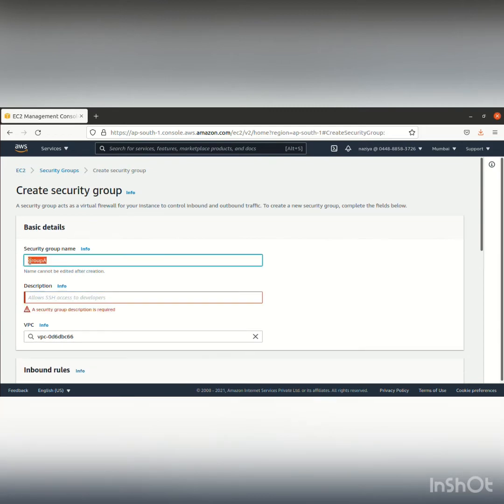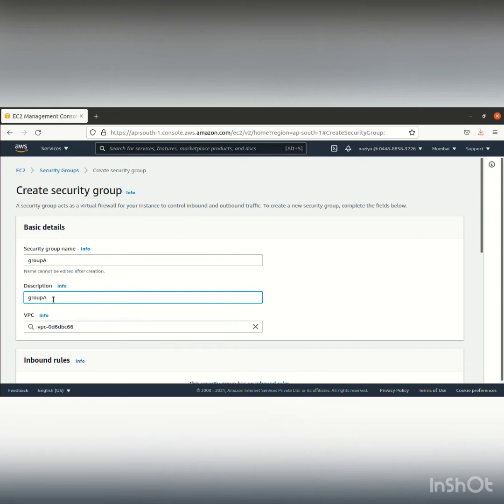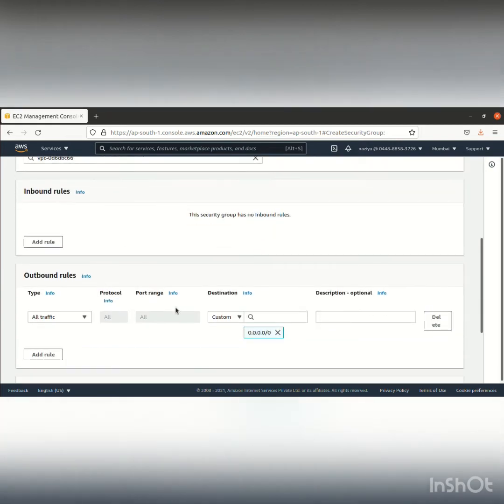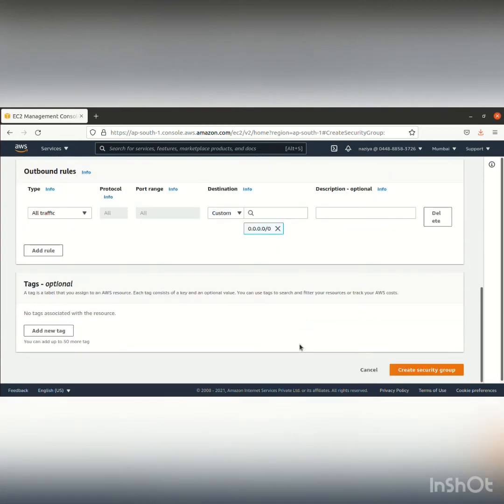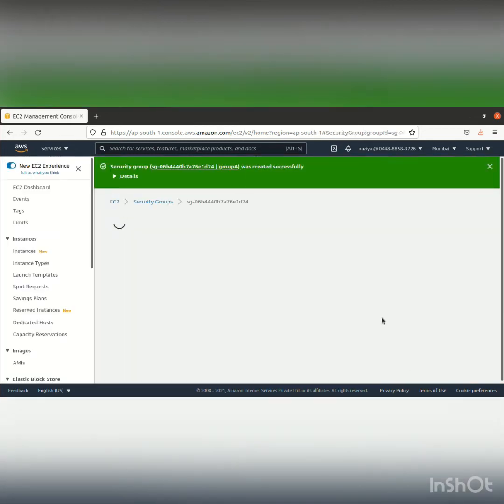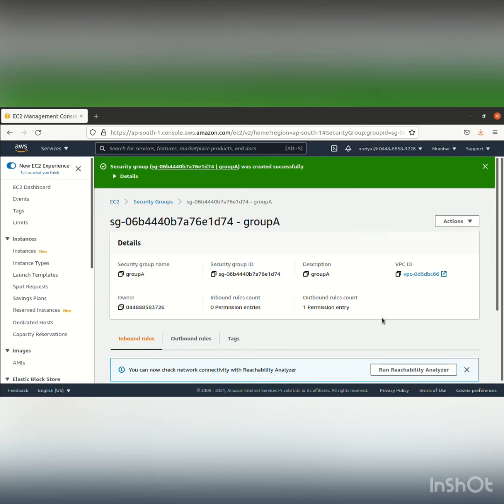You can make it the same, group A. We'll do the inbound rules later. So we'll create this security group. So this group A security group has been created.